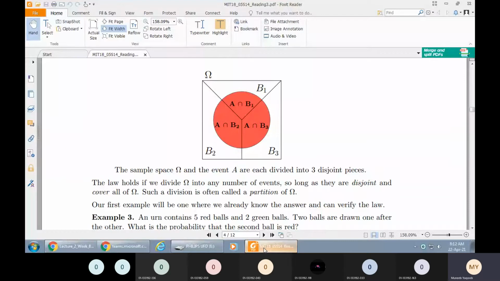And when we add these three intersections, we get the probability of entire circle A, that is event A. So this is all about Bayes theorem, that we start with the conditional probability. Using the conditional probabilities, we calculate different intersections, and then adding these intersections, we get the probability of a particular